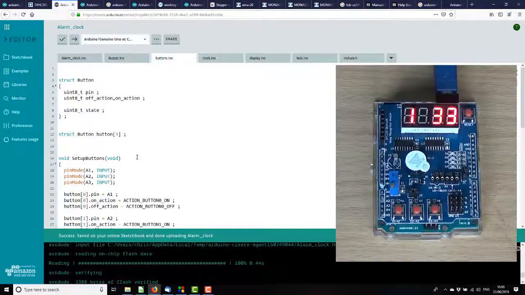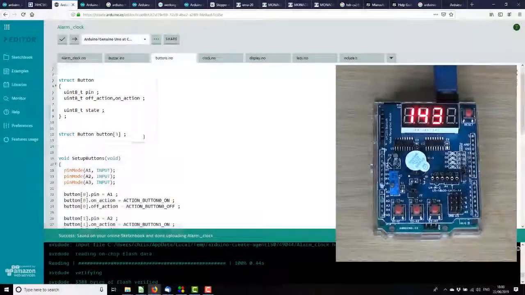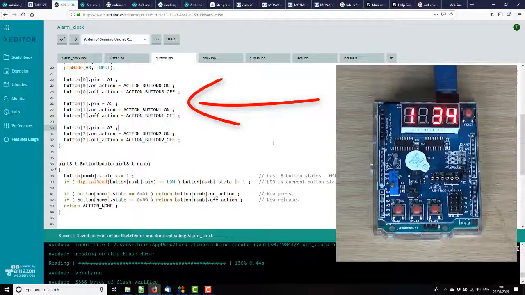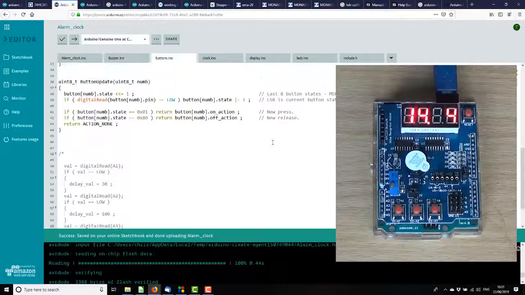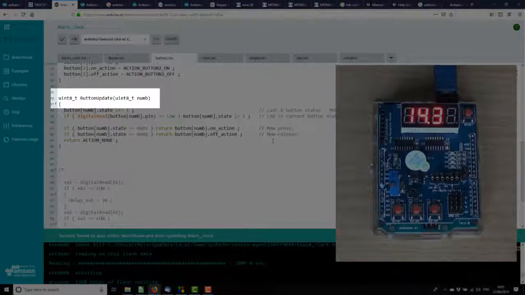Quickly, I've defined a button structure which has a pin, an Arduino pin number, an off action, an on action, and a state. And I've defined 3 of these because we have 3 buttons. And in the setup for each of them, I defined the pin, the off action and the on action. I just assign those. And every tick for each button we call button update,